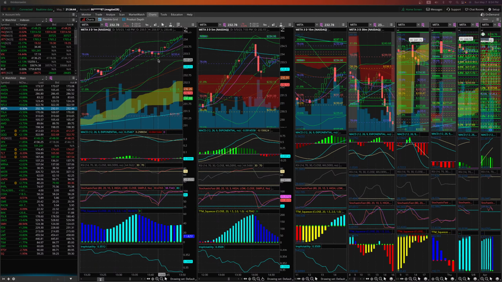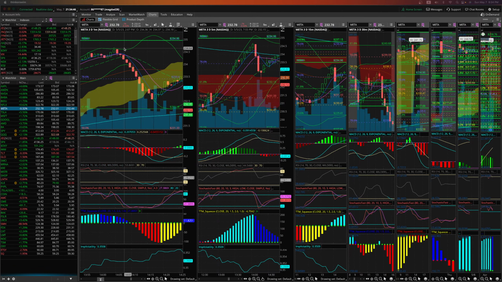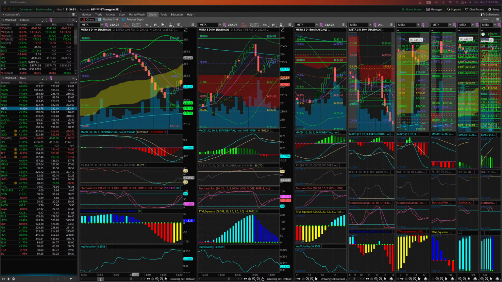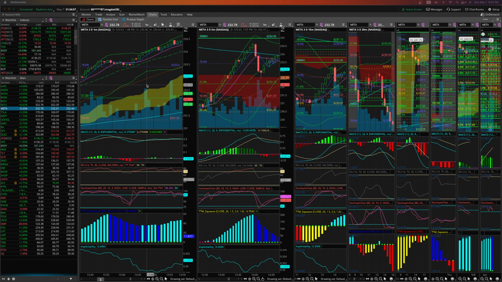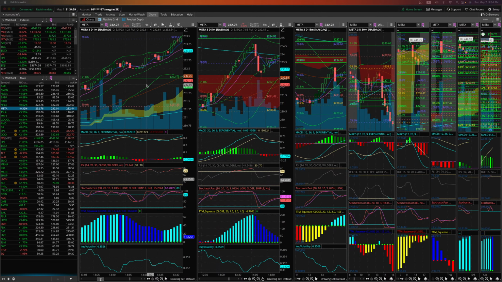So anyhow, here you can see the candles. You want to pay attention when there are non-stop 1 minute candles going down. That is a sign that this is the end of the run. All right, and another thing you want to look at is the Bollinger Band on the